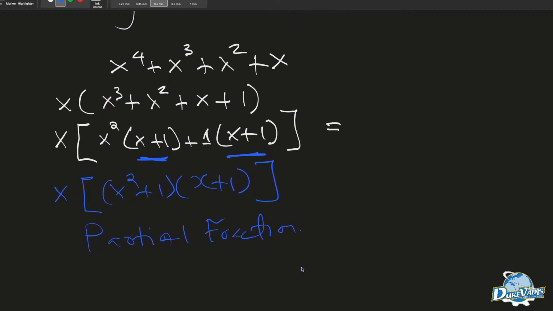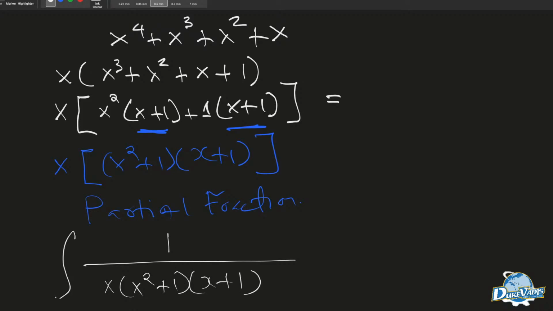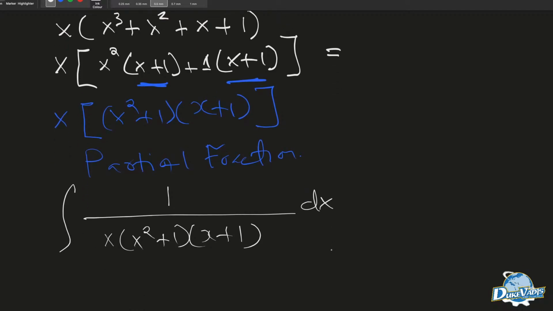The expression itself, as we have been able to break it, the integral is going to be 1 over x times x squared plus 1 times x plus 1, dx. In so doing, we can solve it with ease. When we put it in partial fractions, our expression will be equal to